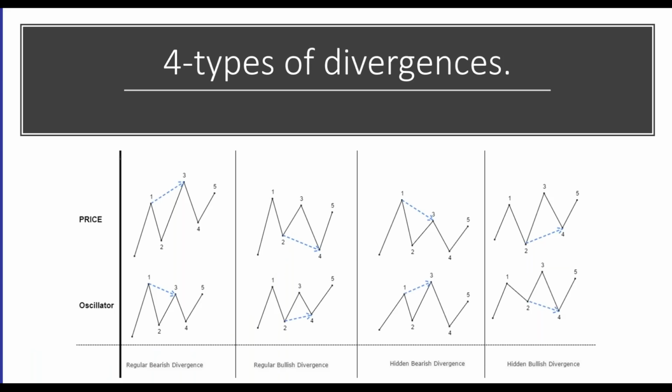Now, when you're looking at plain old-fashioned bearish and bullish divergence, they're very easy to spot. Price is moving up, the oscillator is moving down. Price is moving down, the oscillator is moving up. Now, it doesn't look all that much different in the hidden bearish and hidden bullish, does it? It really depends on where it falls within the wave of the trend.